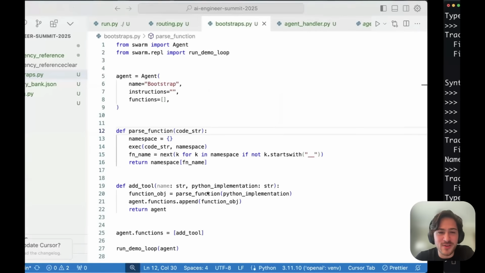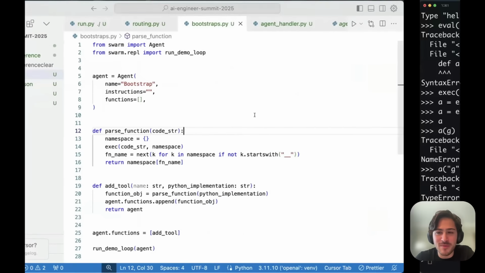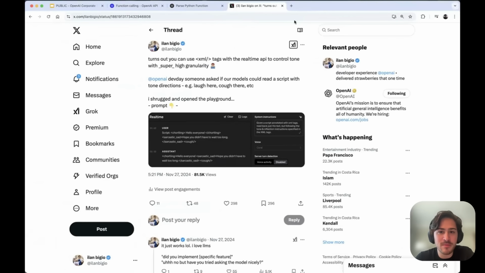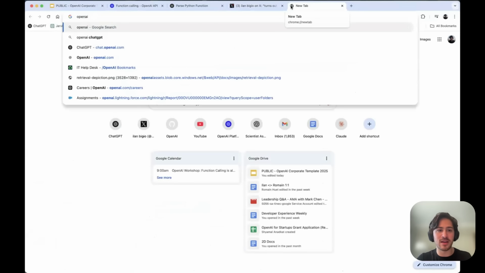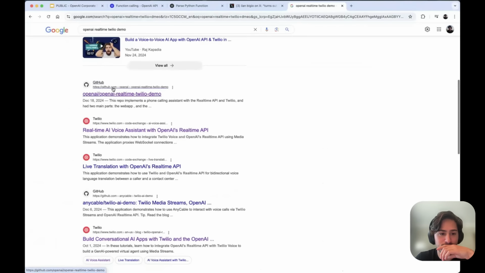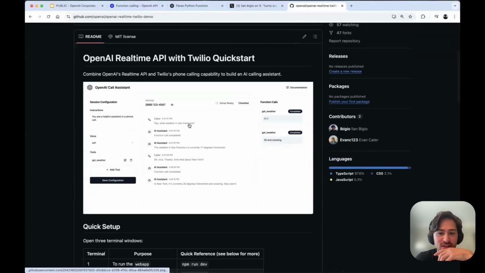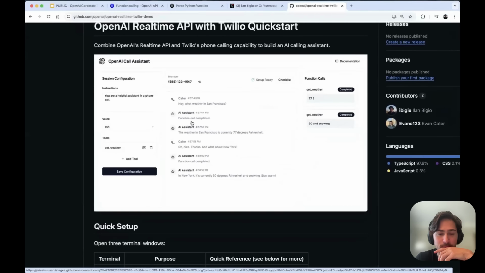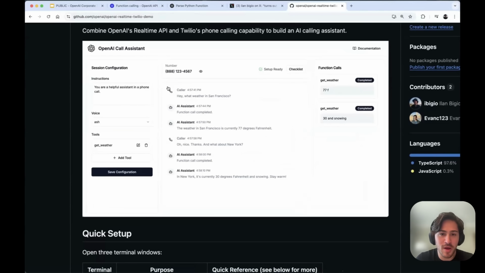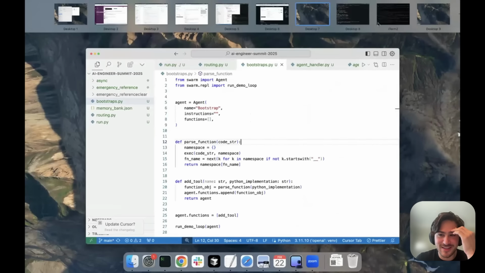Okay, let's do it. The reason I'm a little iffy about it is that it's real time, and those demos are tough to do publicly. But there is this repo, the OpenAI real time Twilio demo, that sets up your whole phone calling assistant, and it just works right out of the box. It walks you through the steps. I may end up sharing a phone number publicly. Don't call it during this demo and don't share it, and I will delete it. But I trust you guys. So let's see.